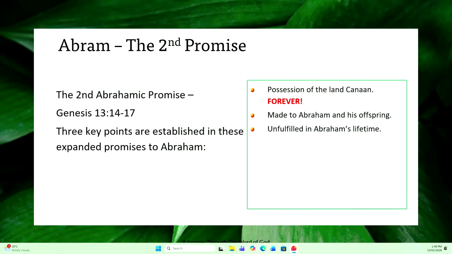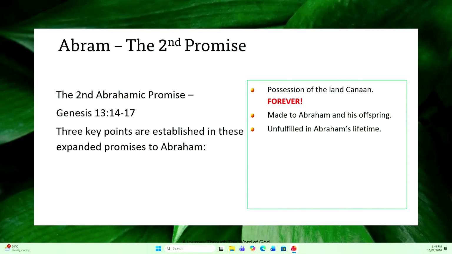We pick it up in Genesis 13, starting at verse 14. And the Lord said to Abram, after Lot had separated from him, lift your eyes now and look from the place where you are. Okay, so just pause there. So Abraham, or Abram right now, is around that town. Remember how we said the city of Bethel? So Bethel is up in the mountains. And so they could see from Bethel down to the plains of Sodom. So Abram is being told by God, round Bethel,